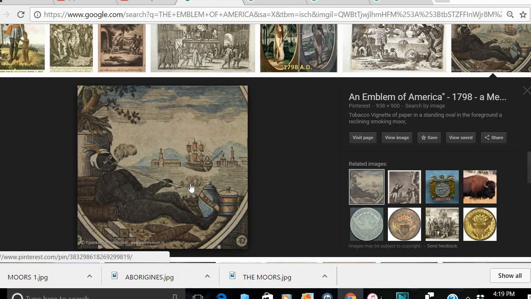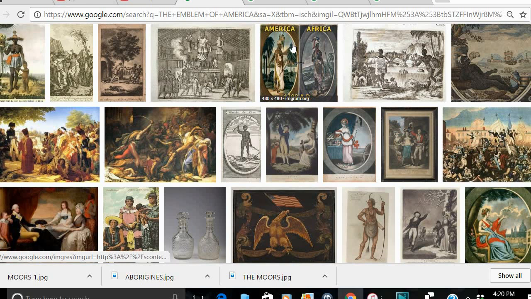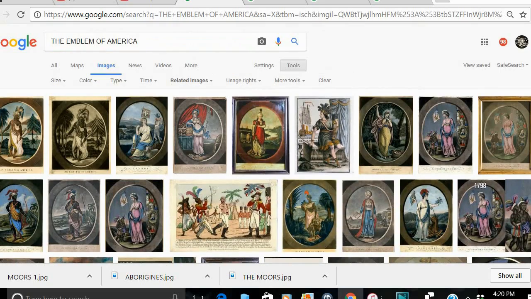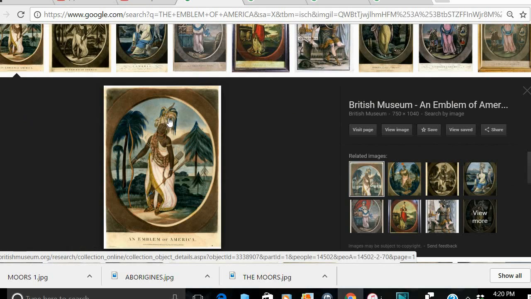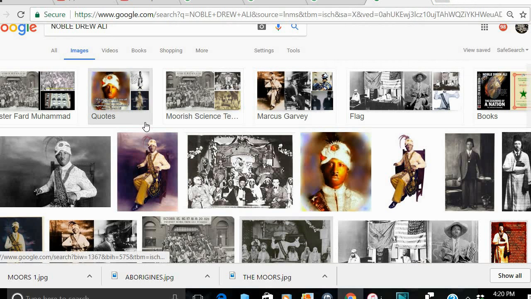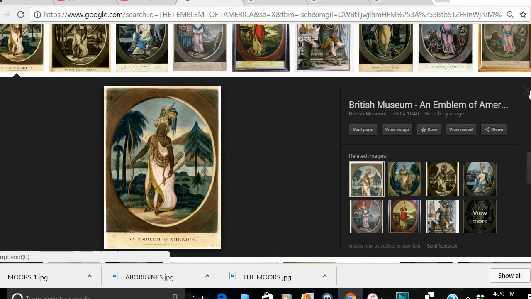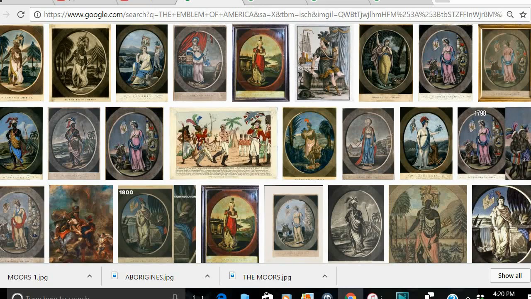They got that pipe again. And I assume that this is America's. And he's chilling. Look. He's chilling. But look at the headdress. Please, people, look at the headdress. All right, boom. We're about to do this. Now, we're gonna go back to the original emblem of America. Look at her headdress. Now, her headdress might not have as many feathers as the other one, but when you look at it like this, it reminds me of what I see Noble Drew Ali wearing. Now, when we go back to this guy right here, he has the same